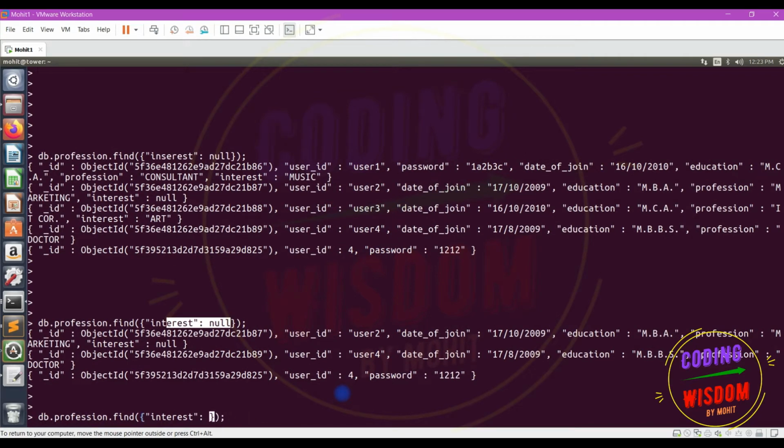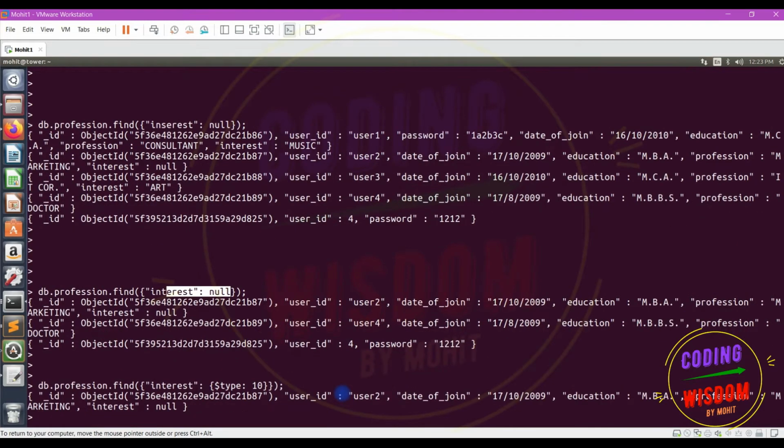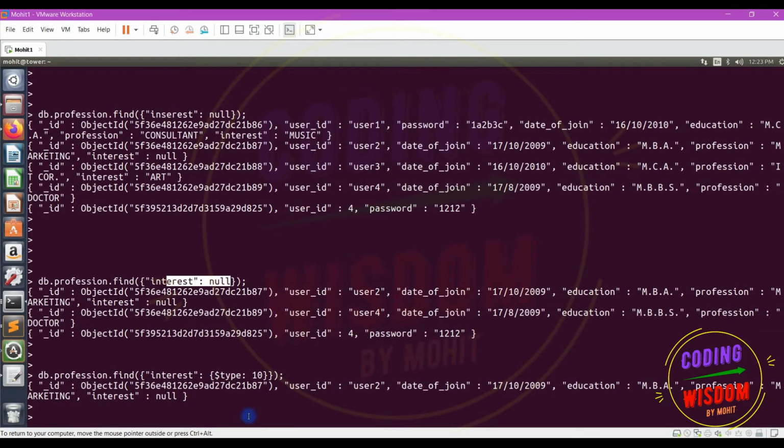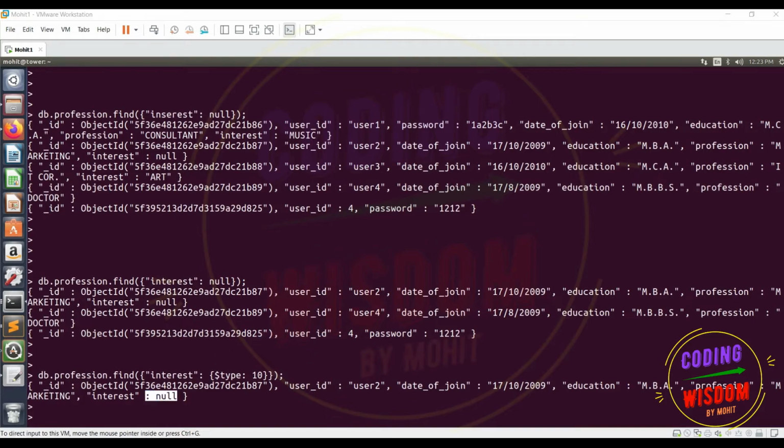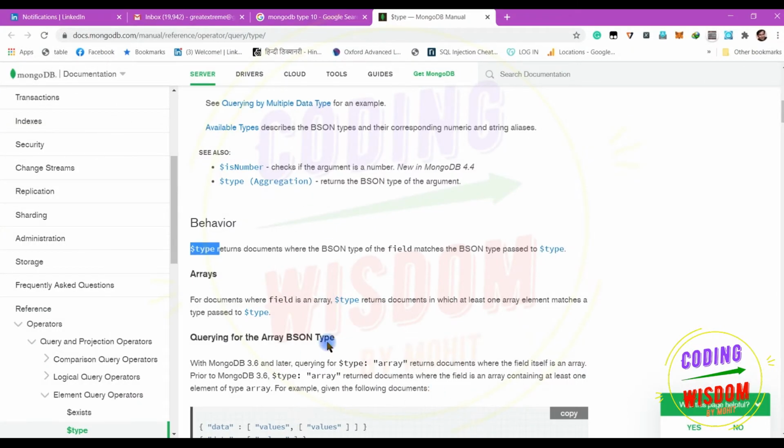Interest. So now let's make a new document here and write $type, then 10 value, done. So here I'm getting null. I'm getting only null, not the ones that don't exist, because type equals null here. Okay, type is 10.